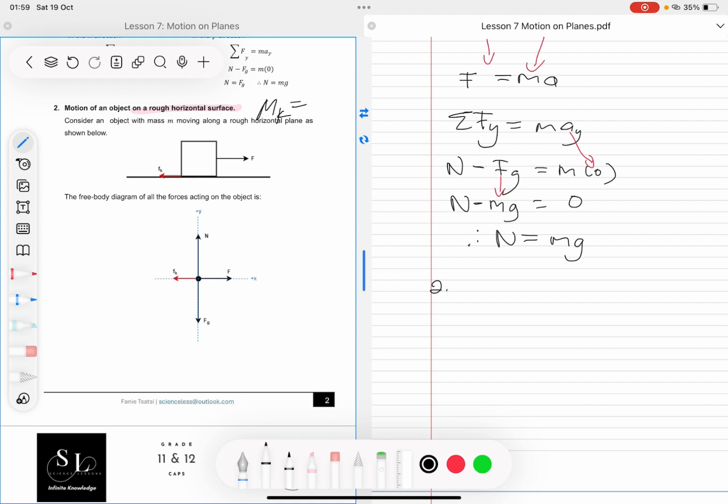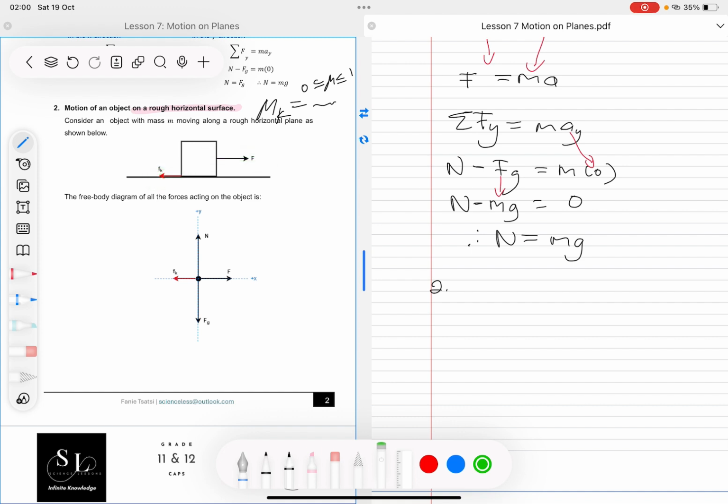It is some ratio here. You'll get a value here, right? It could be 0.05, 0.3, it will be any number from 0 to 1, right? Because we said in lesson 2 that it ranges from 0 to 1 when we discussed the coefficient of friction. Now this means in this case we have the horizontal force that's moving the object, and